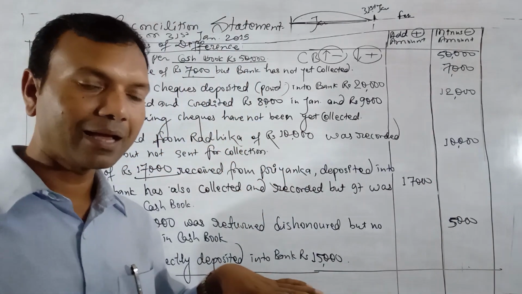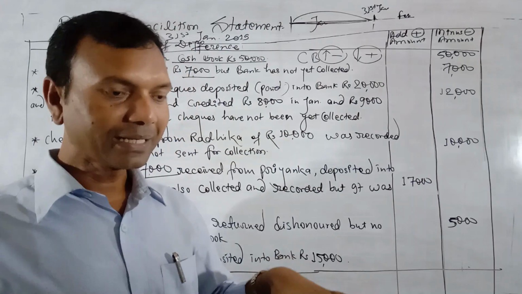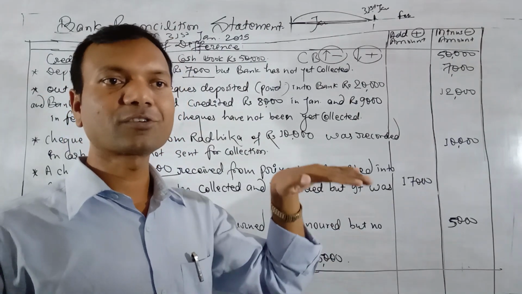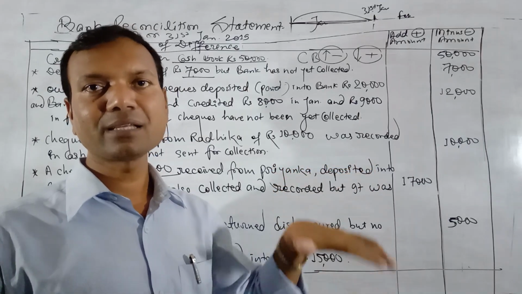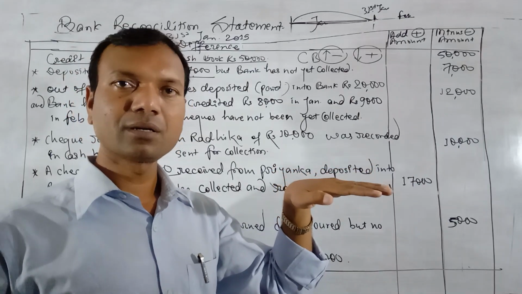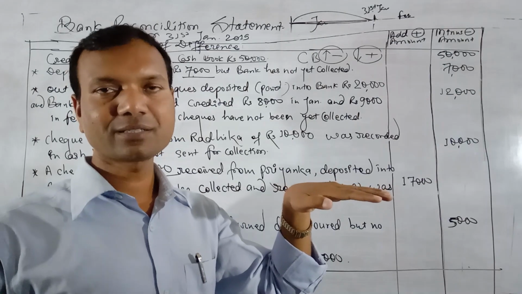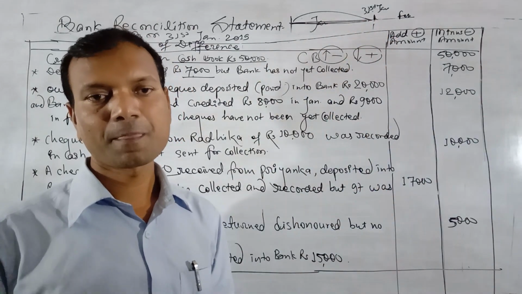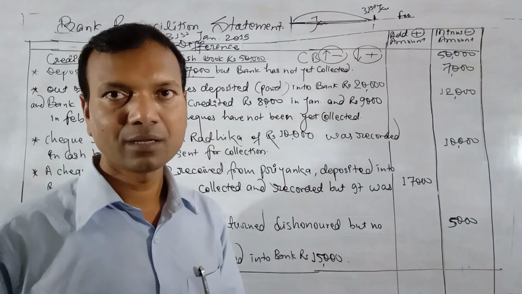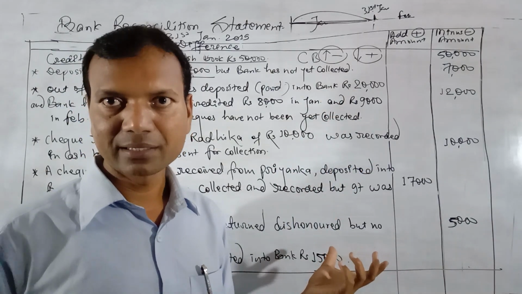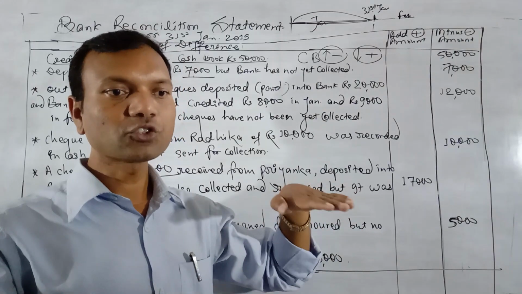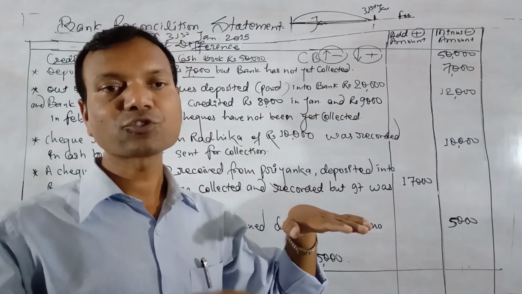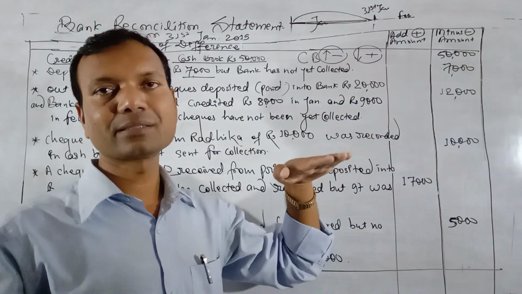It means it is creating a situation. Hari has deposited into the bank, which means the bank balance has increased, and it was not known to us. We only came to know on 31st January because on that date we took the bank statement and are reconciling it. So what decision should be taken in this situation? What should be done with the cash book to make both balances equal?